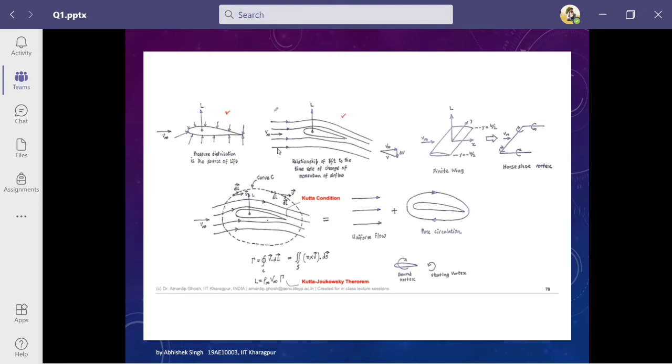Also, in this figure we see that there is a pressure distribution around an airfoil as we had seen earlier. This pressure distribution has an effect in the lift direction, and similarly the shear distribution produces forces in the drag direction. So basically, right now we will focus more on the aspects of the Kutta condition.